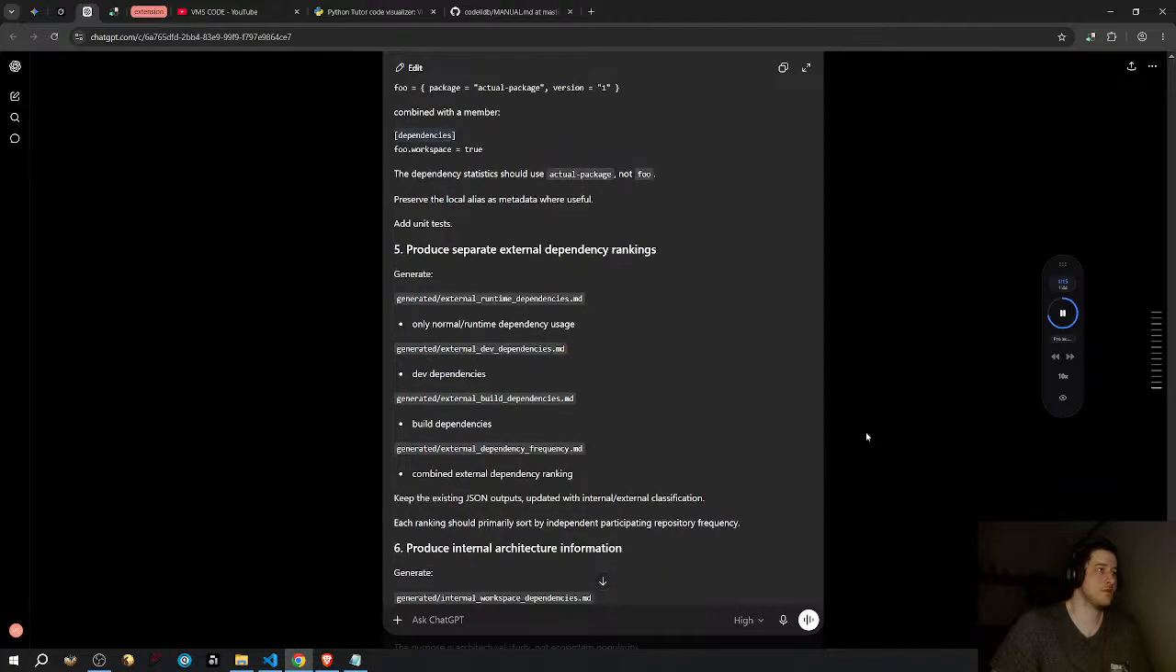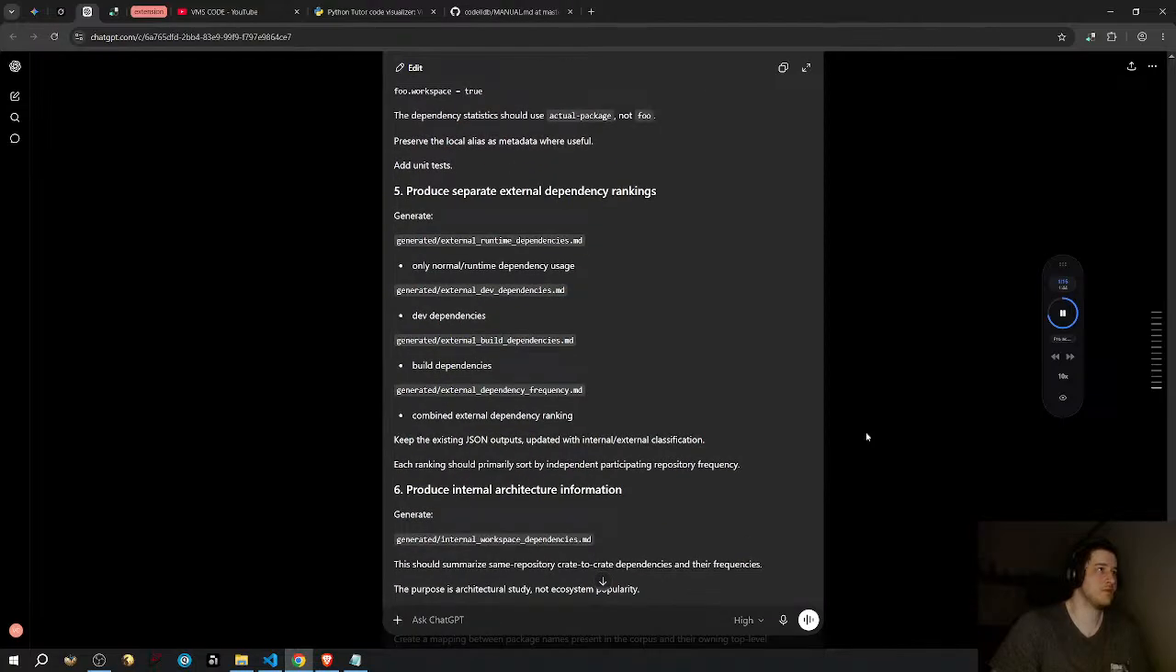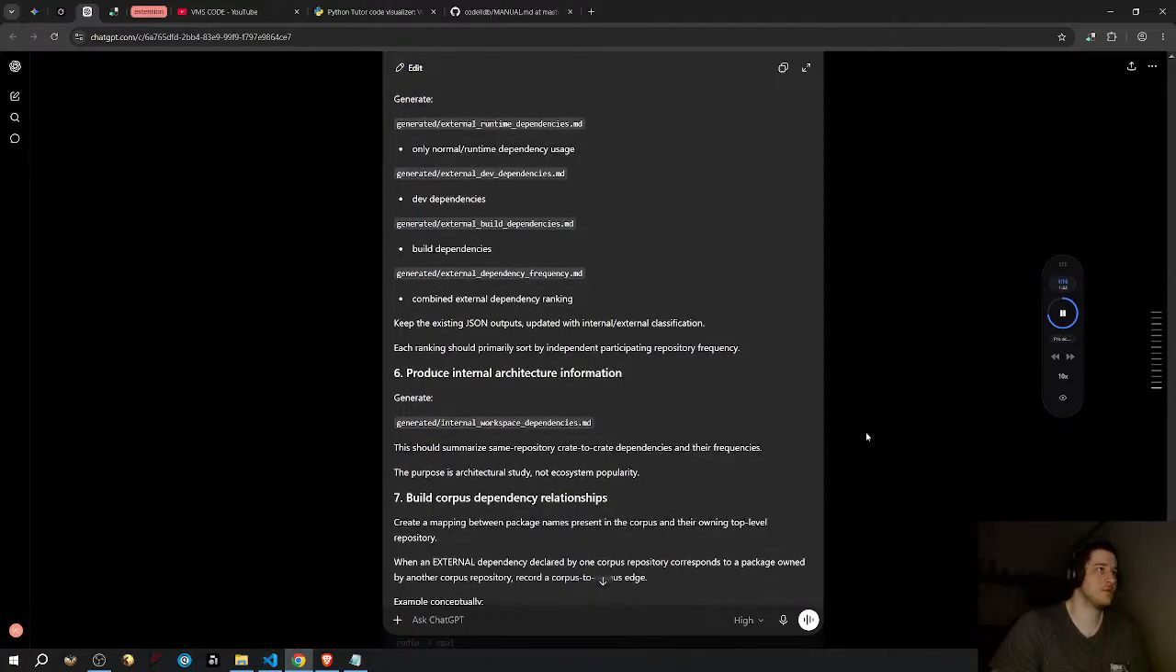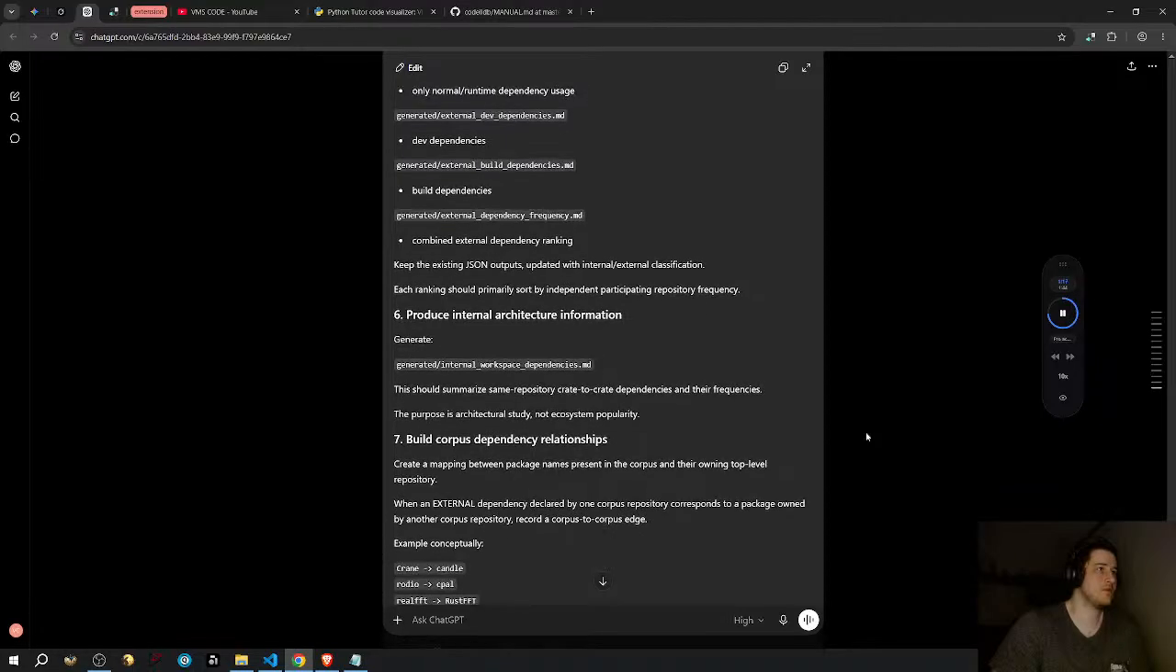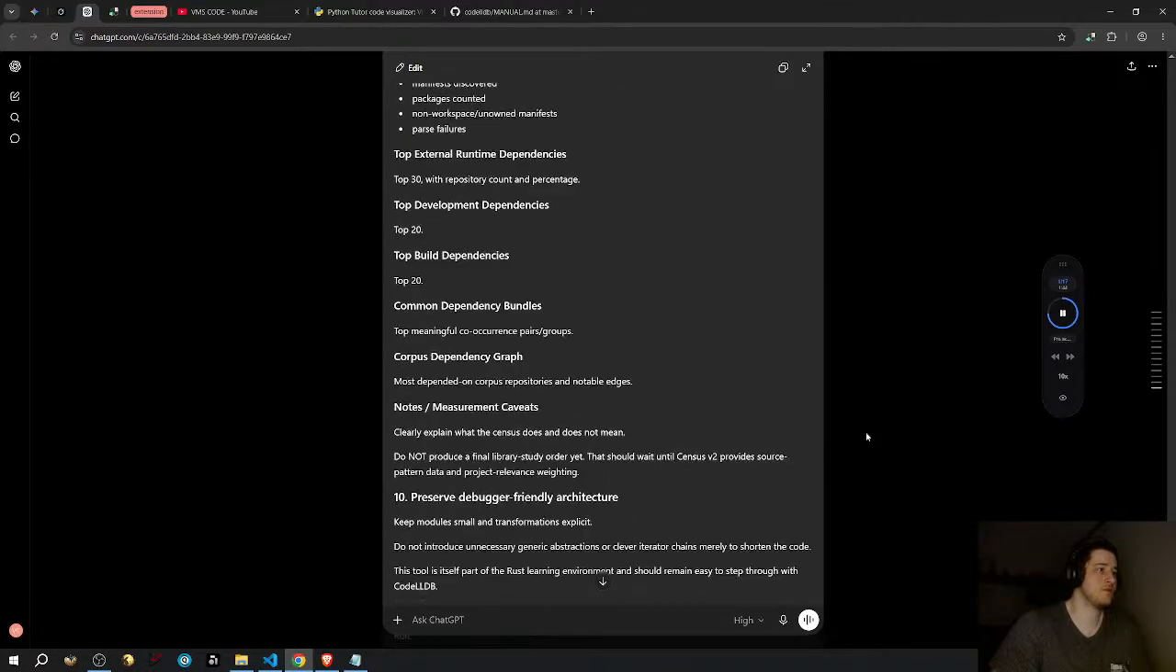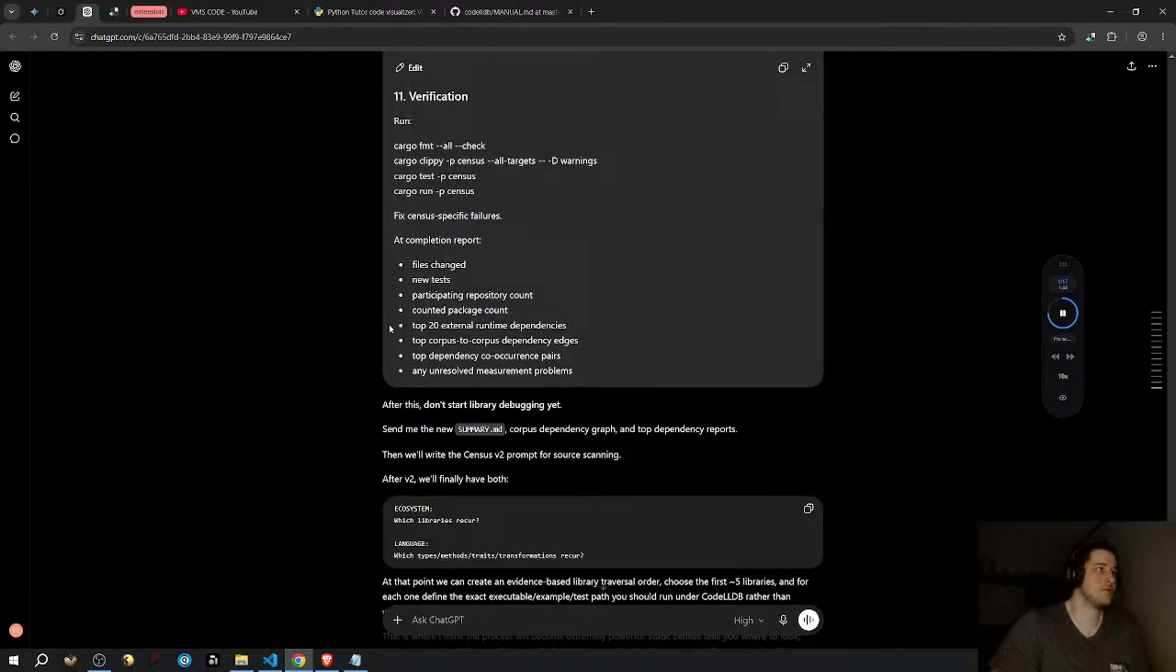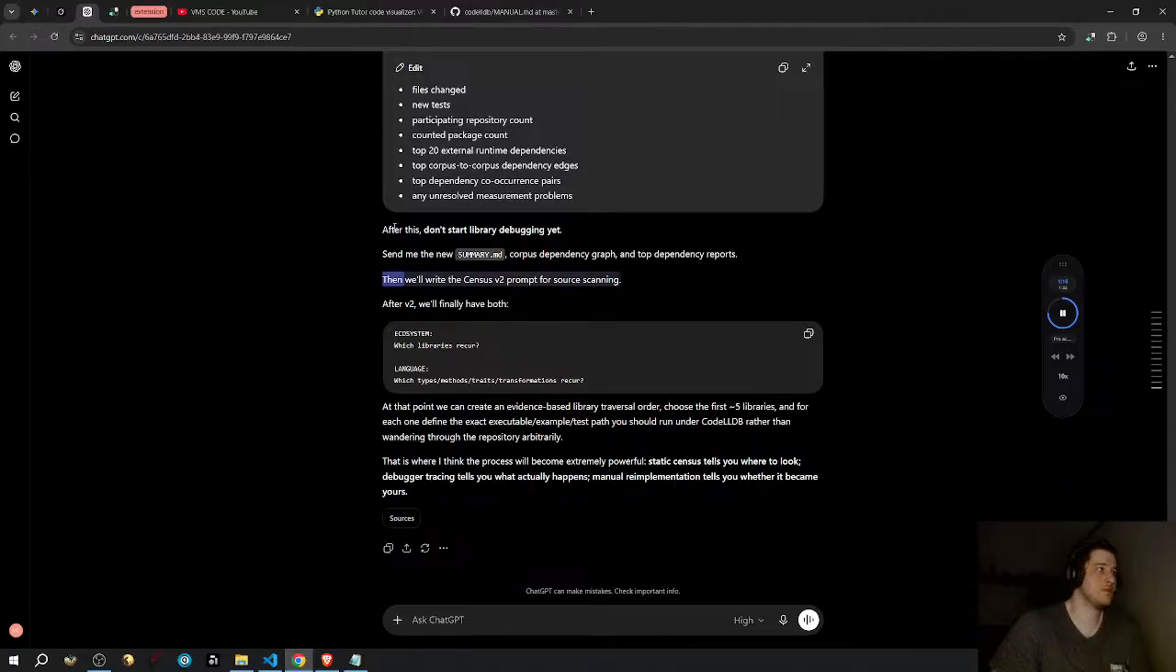5. Produce separate external dependency rankings. Generate external_runtime_dependencies, normal runtime dependency usage. Generate external_dev_dependencies, dev dependencies. Generate external_build_dependencies, build dependencies. Generate external_dependency_frequency, the combined external dependency ranking. Keep the existing JSON outputs updated with internal/external classification. Each ranking should primarily sort by independent participating repository frequency. 6. Produce internal architecture information. Generate internal_workspace_